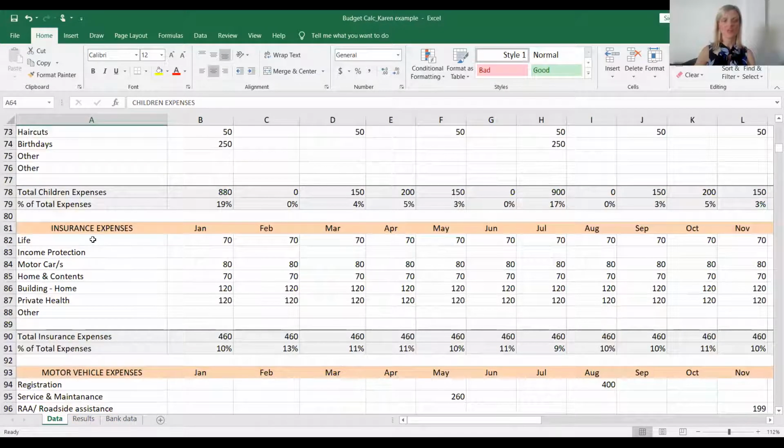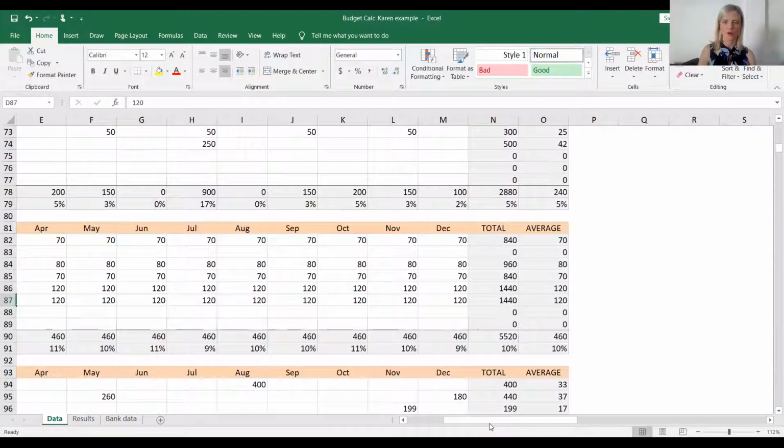Insurance is the next one. So life insurance, this one is if you've got life cover outside of your superannuation fund that you pay for out of your cash flow, you can put that in there. Car, contents, house, private health cover, etc. These amounts tend to be the same every month, so you can just pop them in there. But again, it's going to total them over the